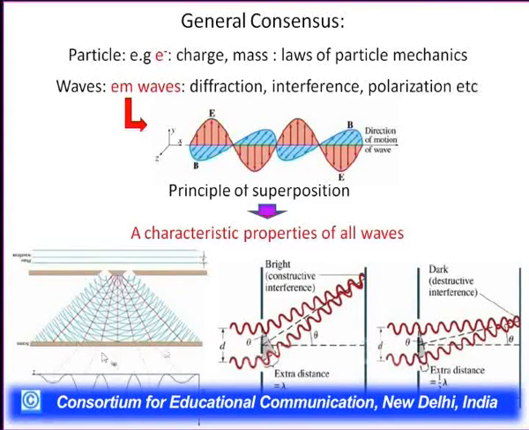And this is a superposition of the waves to get the interference pattern and diffraction pattern. In Young's double slit experiment, light consists of waves. Now we define black-body radiation. Black-body, what is a black-body?